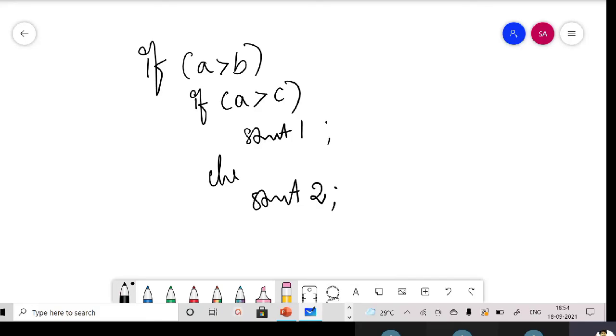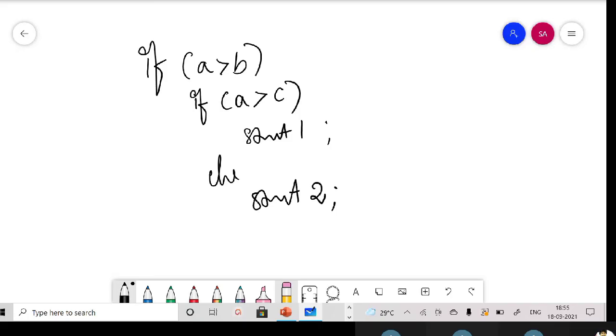Just look at this. Inside the if condition we have just written an if else. And you see that I didn't write any braces. I didn't mention this is the body of the if and this is the body of the else.